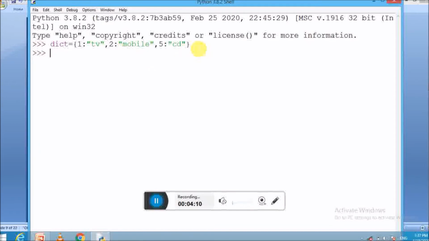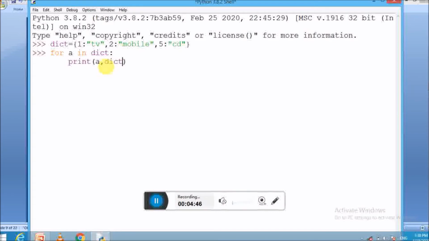Now type the second line of code: for A in the variable dictionary DICT colon, press enter. Now type the print command here, print. In this print function, we have to pass two values. The first is the key, which holds the key, and in the second one we have to get the value related to the keys.